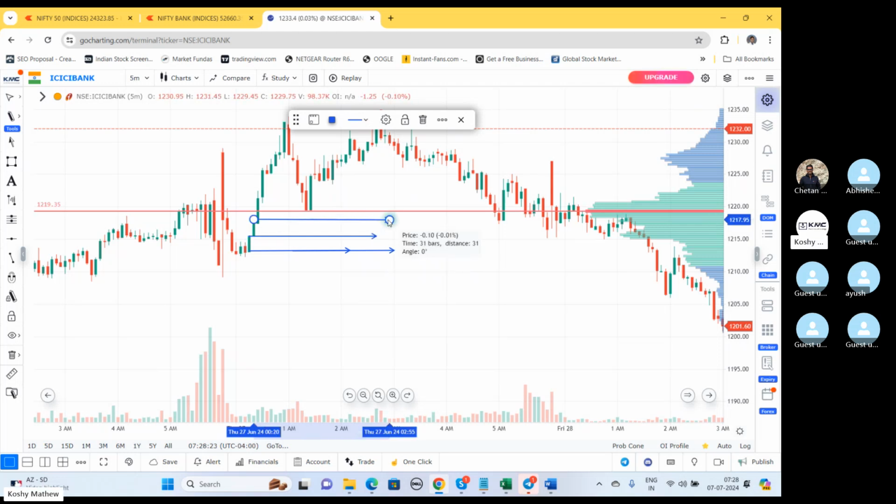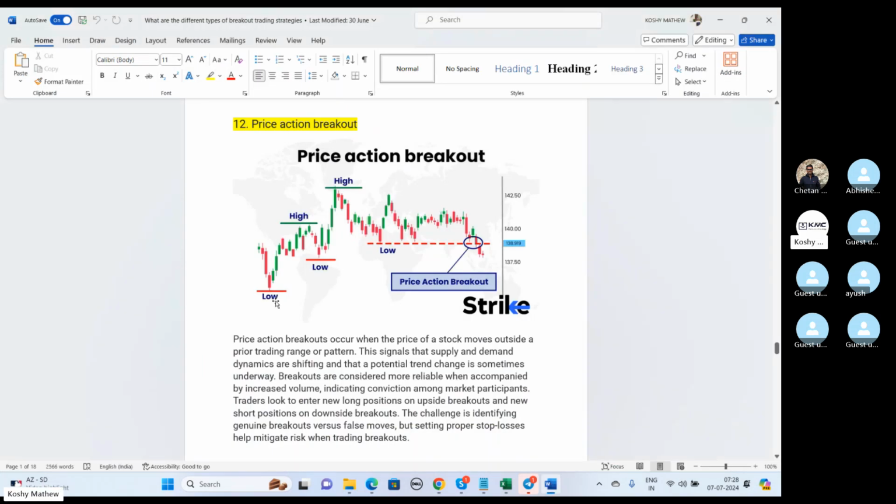This is another high. This high is higher than this high and higher than this high, right? And the lows also are higher lows. That pattern is this. Low, next low is a higher low. High, next high is a higher high. Once this pattern breaks,